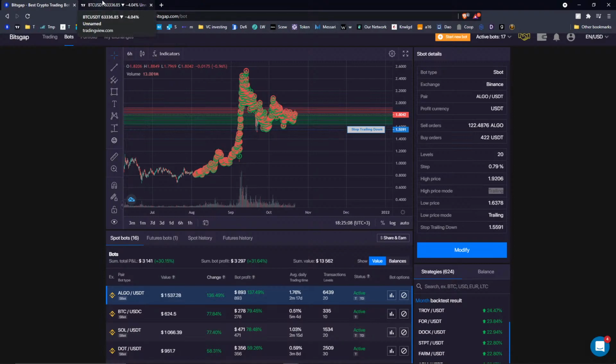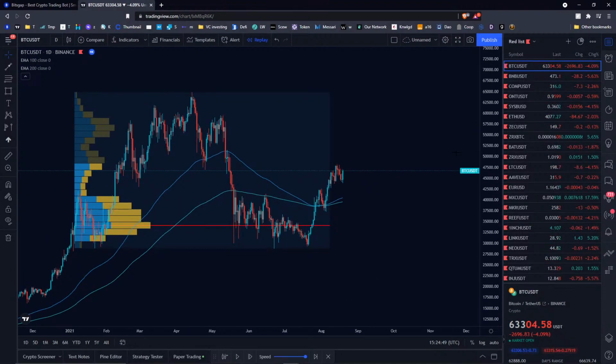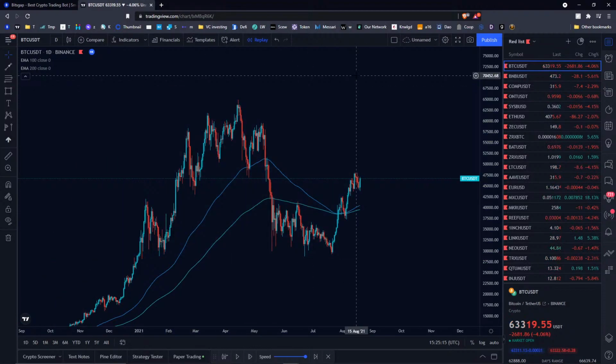So with bots you don't need to really be that precise in market timing. Okay, it's just that you can use volume profile to see where you can expect the price to fall and where you would expect it to rise, and depending on the resistance or support line, that will show you when to enter or when to potentially exit. Okay, so that's pretty much how you use the volume profile.